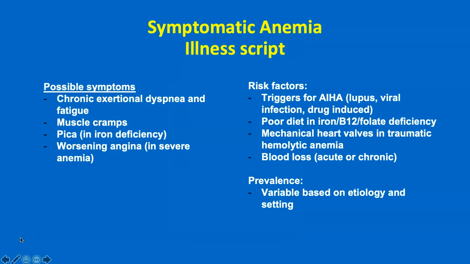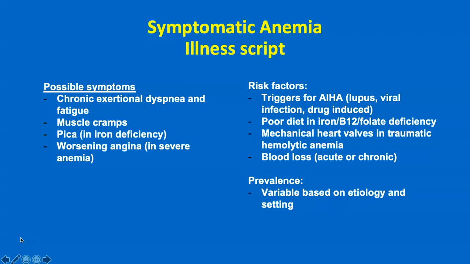So first, we're going to talk about symptomatic anemia. A lot of patients are anemic, but they don't have any symptoms of it, so you want to differentiate them from patients with symptoms from their anemia. Oftentimes, those symptoms will be chronic exertional dyspnea and fatigue, and of course, we're in the approach to dyspnea unit. These patients might have muscle cramps, pica, which is seen in iron deficiency anemia specifically, and in severe anemia, you